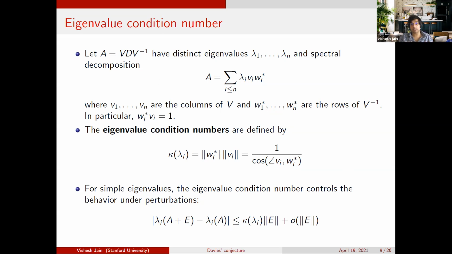If you think about a good case, a good case is something like the identity matrix, where V and V inverse are the identity, and these are perfectly aligned. So then you get small eigenvector condition numbers, and the bad cases are when these are close to being orthogonal. So this is a quantity which shows up, and it controls perturbations